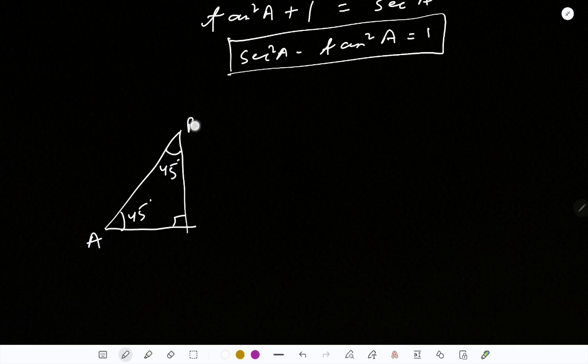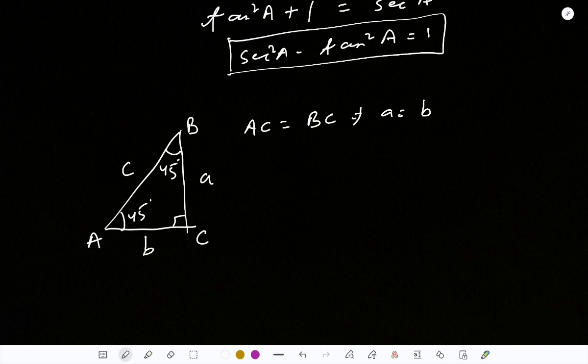And if you name the corners simply by A, B, C, or write them in the conventional manner, this side as A and this side as B and this side as C, then you can see here these two sides, AC and BC, will be equal by symmetry, and that means you can also write A is equal to B,